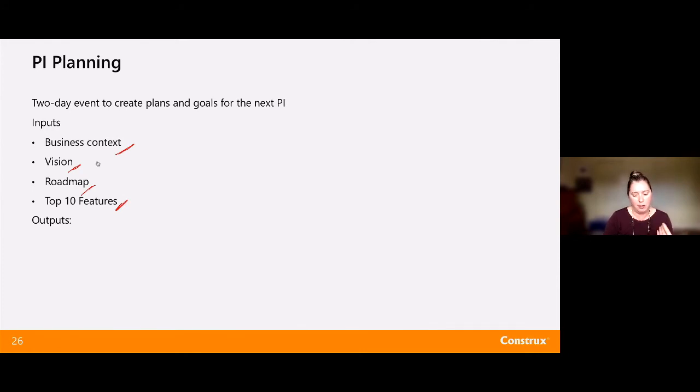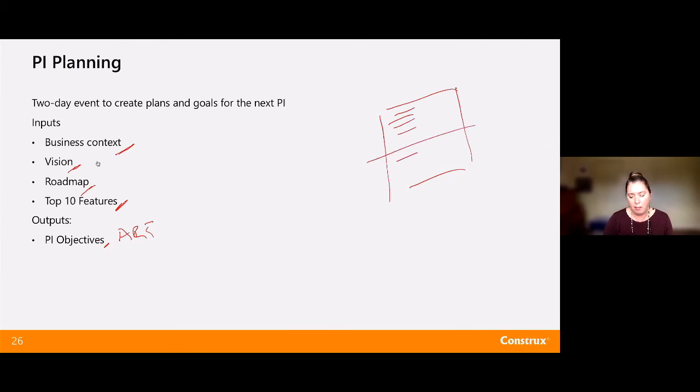Once we have completed PI planning, what we'll have is a set of objectives. These are the PI objectives at the ART level. What are the core things we are trying to do? And you're going to see that we have a set of things that we're pretty comfortable we can do. And then you'll have maybe 1 or 2 others that are in the uncommitted state. We might get to these, but we might not. They're really not part of the commitment, but it's possible that they'll actually be delivered within this PI.